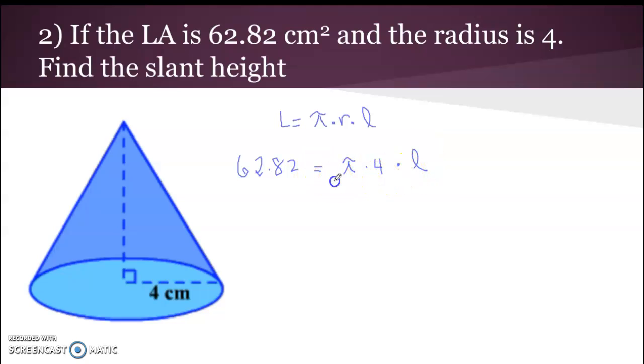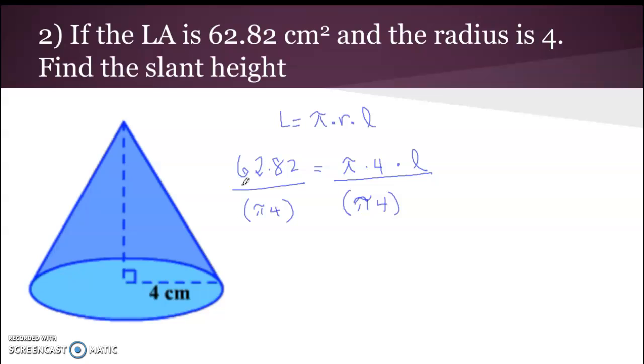Now this is multiplication. To undo multiplying, you divide. Now here is the only issue. This needs to be in parentheses. When you're dividing by more than one term, meaning you've got a 4 and you've got a pi, you've got to put it in parentheses. So in the calculator, you can use alpha y equals enter. If you do that, you do not have to do parentheses, but if you're just doing it the regular division way, you would do